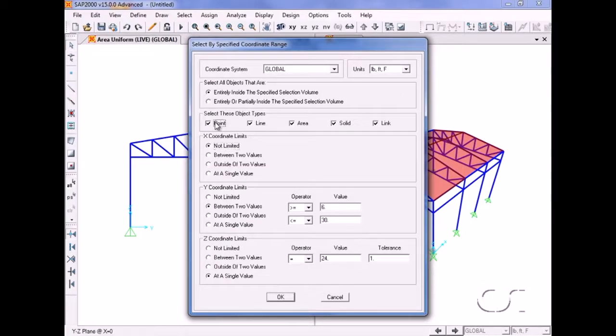We uncheck all the options except for area. 其他地方都消掉，然后只剩下 area，然后再去选y在0到18之间，